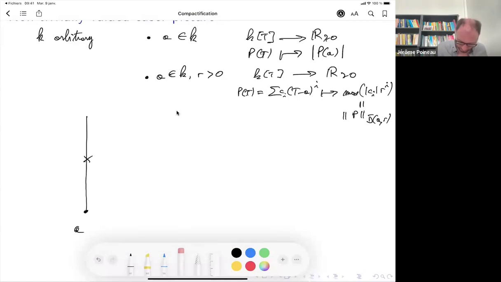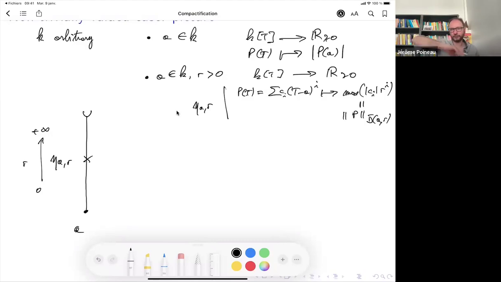On such a point, I denote by eta_{A,r} the associated point. And of course, you can let r vary from 0 to plus infinity. So you still have this half real line inside your Berkovich space.